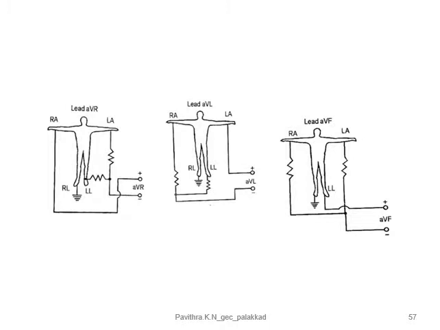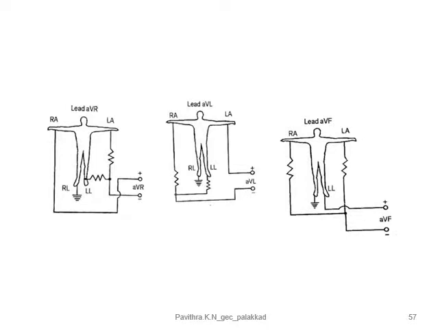The next one is augmented unipolar vector foot. Here the main electrode we are connecting on the left leg, and from the other two arms, that is the right arm and left arm, we are taking the reference electrode, and it is combined to give the negative terminal. Here also the ground electrode or the reference electrode is taken from the right leg. So that is about unipolar limb leads.